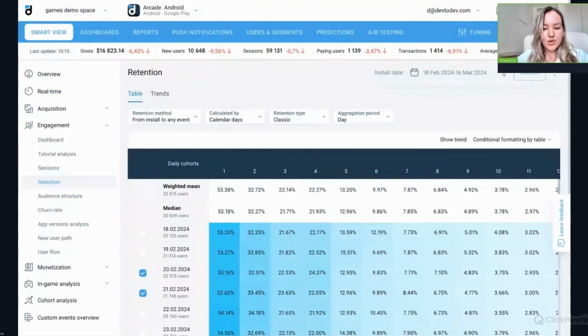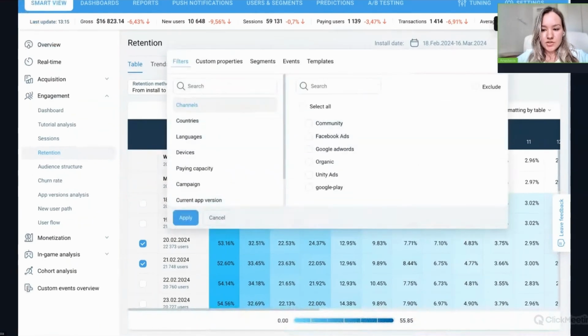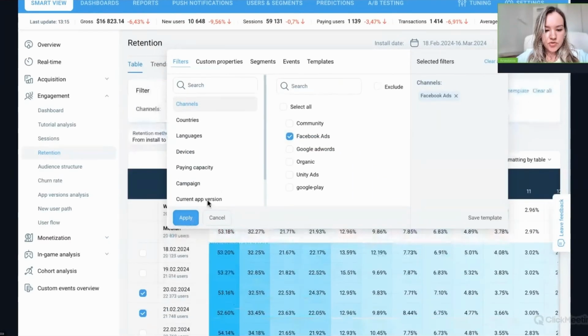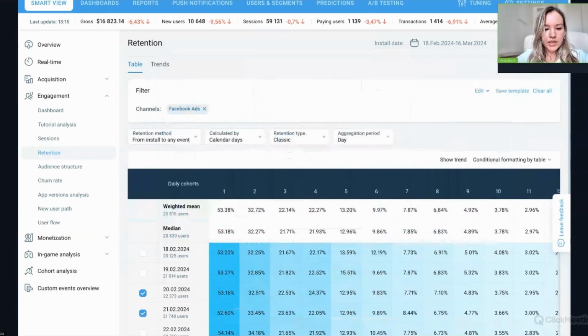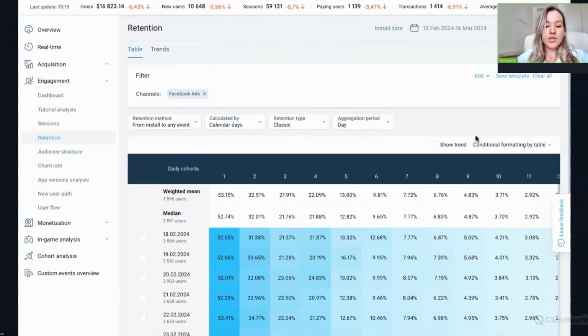So what are the more useful and interesting things we can do here? Firstly, we can filter this report, for instance, by acquisition channel, to assess the quality of the traffic. To do this, click here on the filter and select the channel. I guess we can try Facebook ads. We click apply, and we need to refresh the page. Yeah, so right now we see the retention table for the users from Facebook